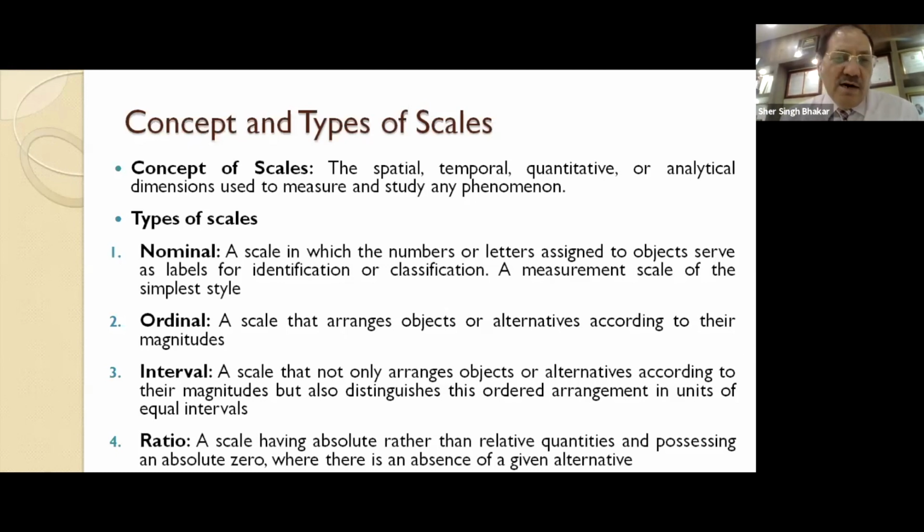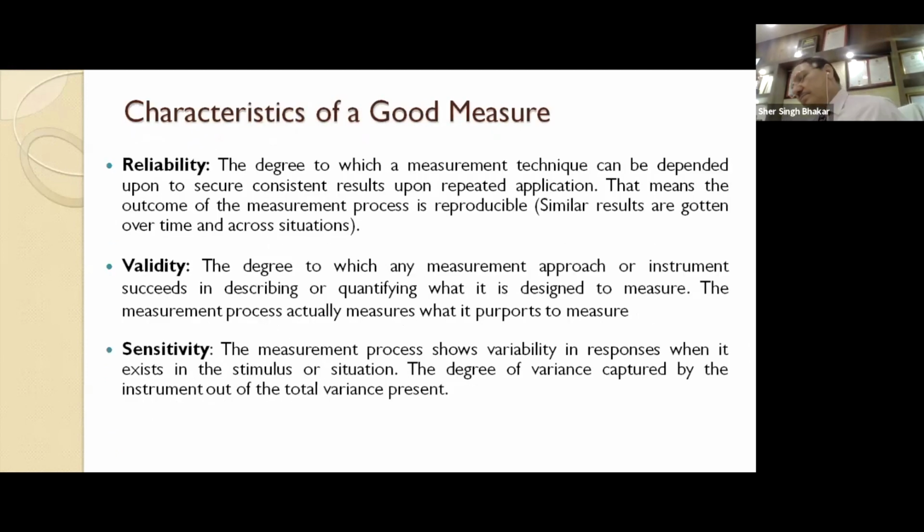All right, so this is for basic scales. I think that suffices for basic scales. Now, for any measure or scale that you develop, or any questionnaire, or any indirect method or indirect measure you develop, whenever you are using a direct method, even for that you need reliability, validity, and sensitivity. But for an indirect method, it becomes far more important because reliability, validity, and sensitivity are not visible, whereas for direct methods, at least they are visible.